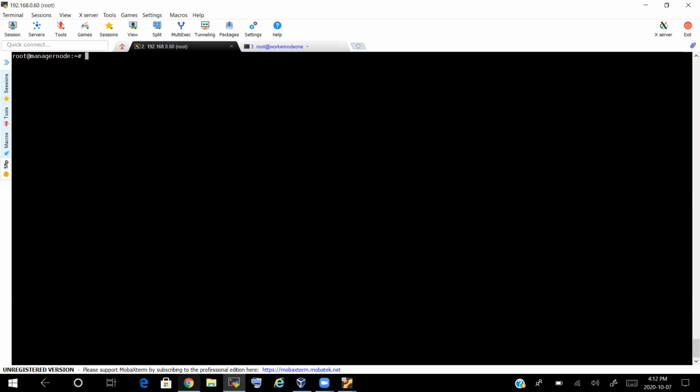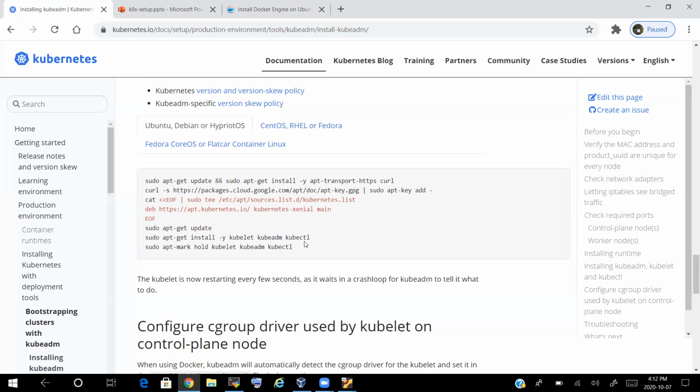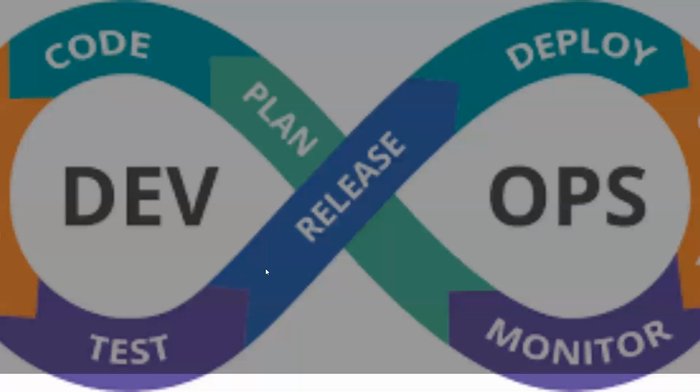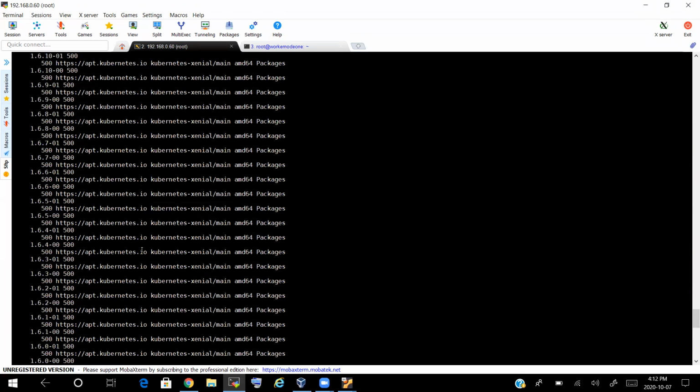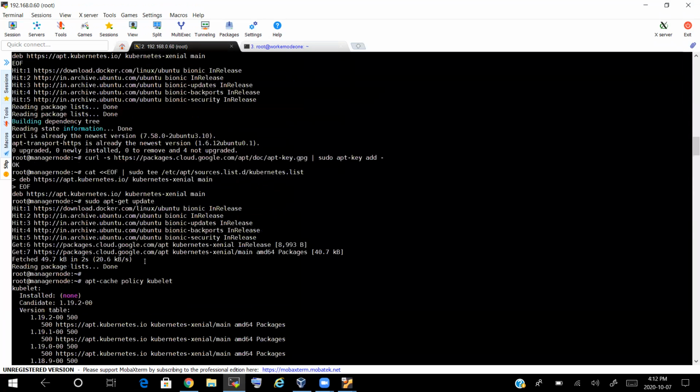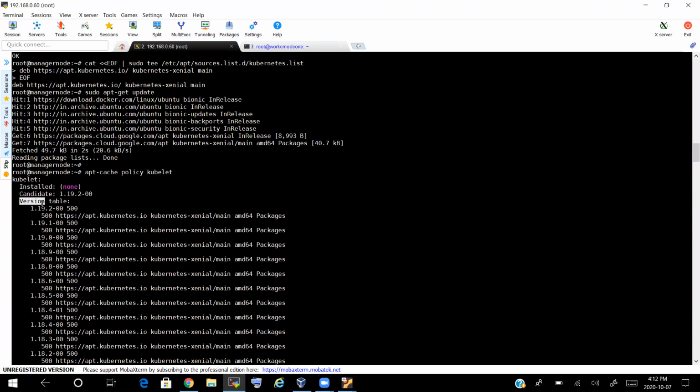I'll just do a copy paste, but I will install a specific version. So let's copy from here to here. And before pasting, I want to install a specific version. Instead of using 1.19.2, I'll go for 1.19.1.